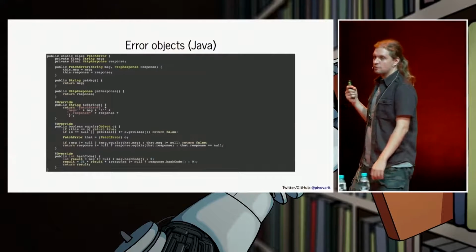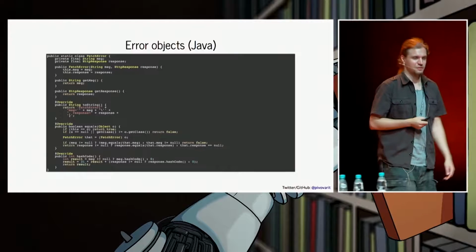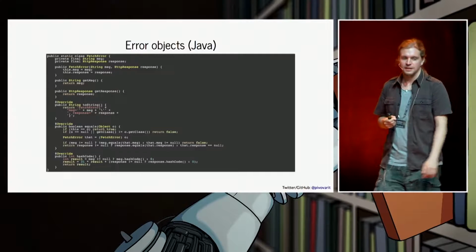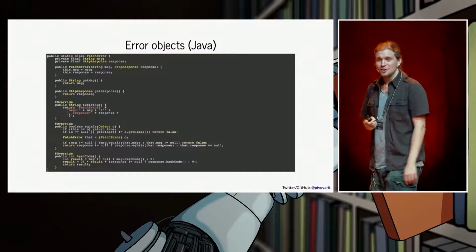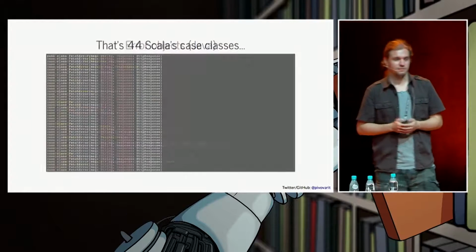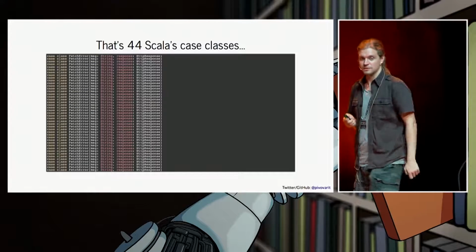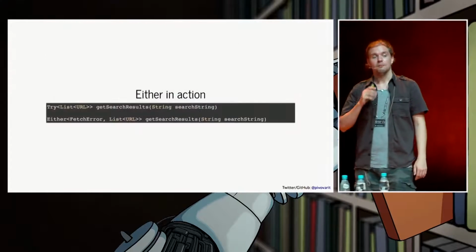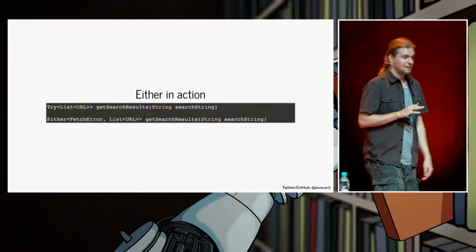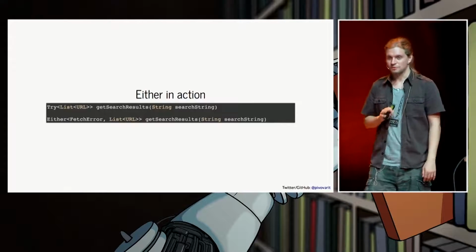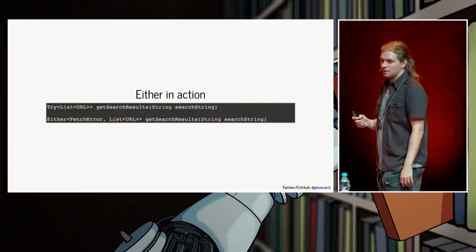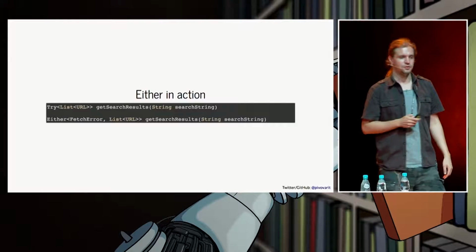Unfortunately, in Java you need to add a bit more: constructors, getters, setters, equals, hashCode, and so on. This might be a bit discouraging, since it's like 44 Scala case classes in one, squeezed together. But the good thing is that this will be coming to Java soon. Not in 11, not in 12, but in some future version.